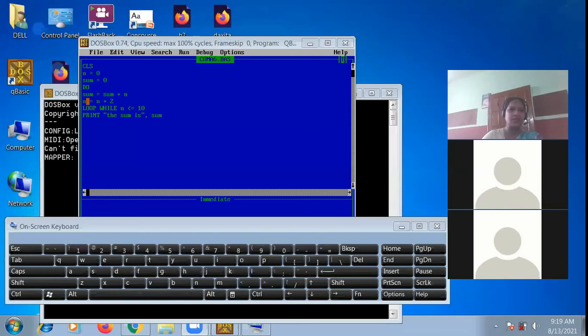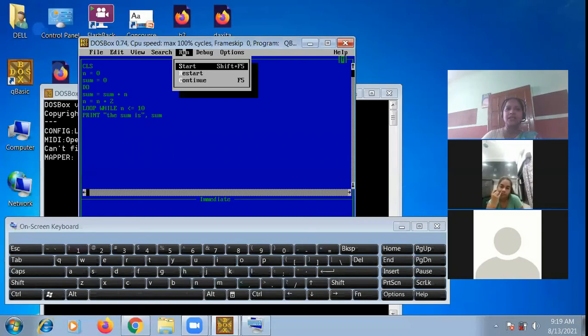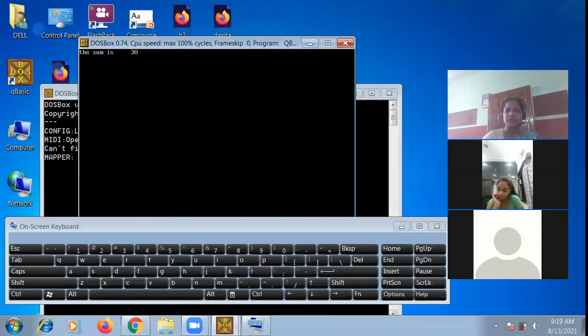This equation means you have to increase the n value and you have to add the n value in the sum result. Then only you will get the result, that is 30. Is it clear? Yes, ma'am, clear.